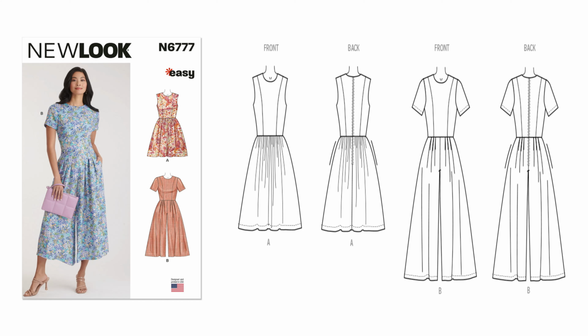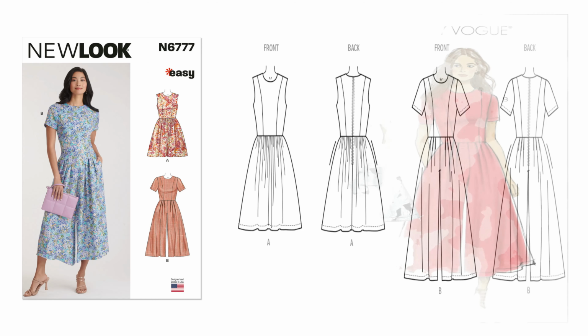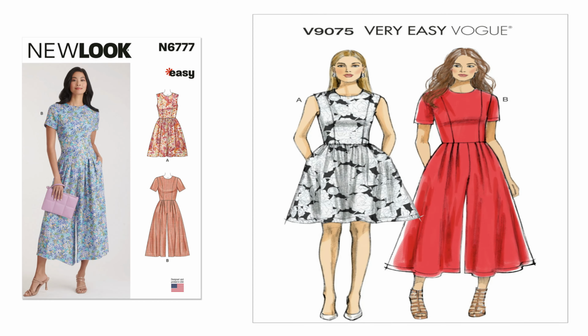Now, when I first looked at this pattern, I already knew that this was a dupe of a pattern that I have seen before. And this one is the exact same pattern as Vogue 9075. If you've been paying attention, you notice that New Look has been like the new Vogue, okay? So New Look has been pretty much kind of like duping the Vogue patterns. If you haven't been paying attention, I'm here to let you know that this is a dupe of Vogue 9075,